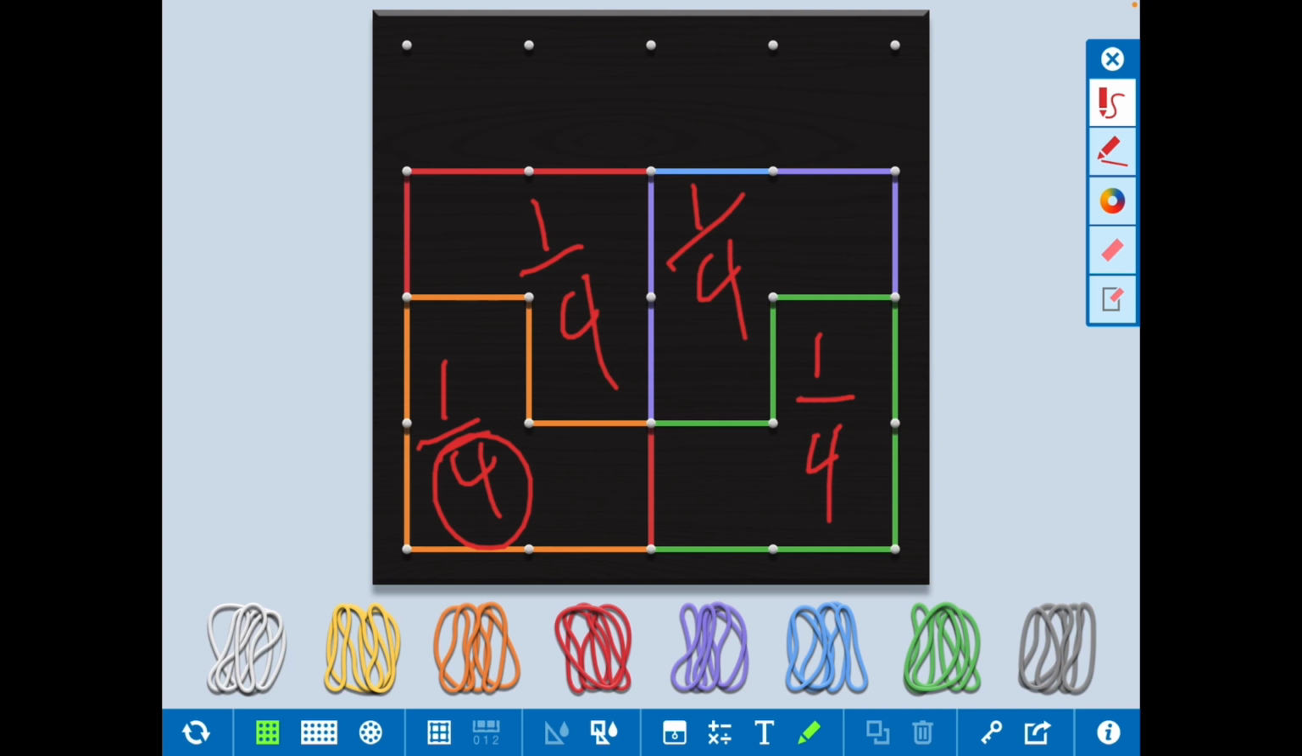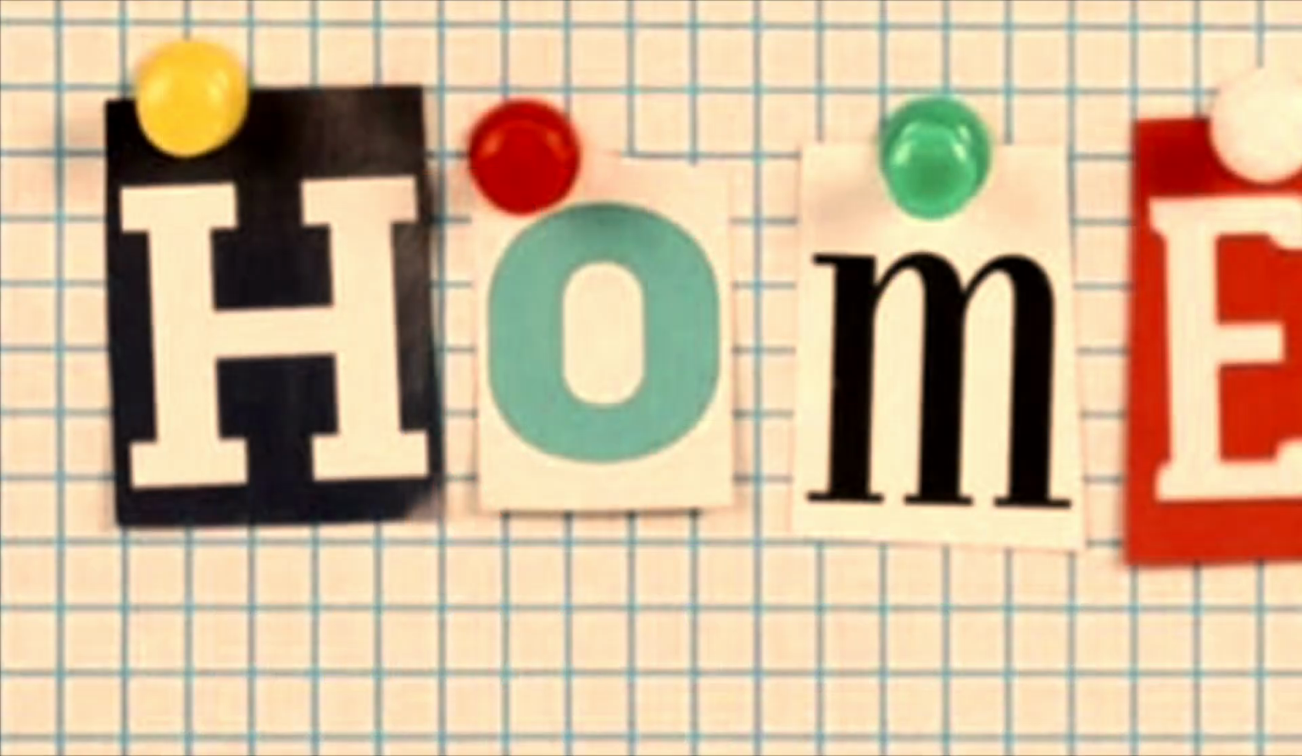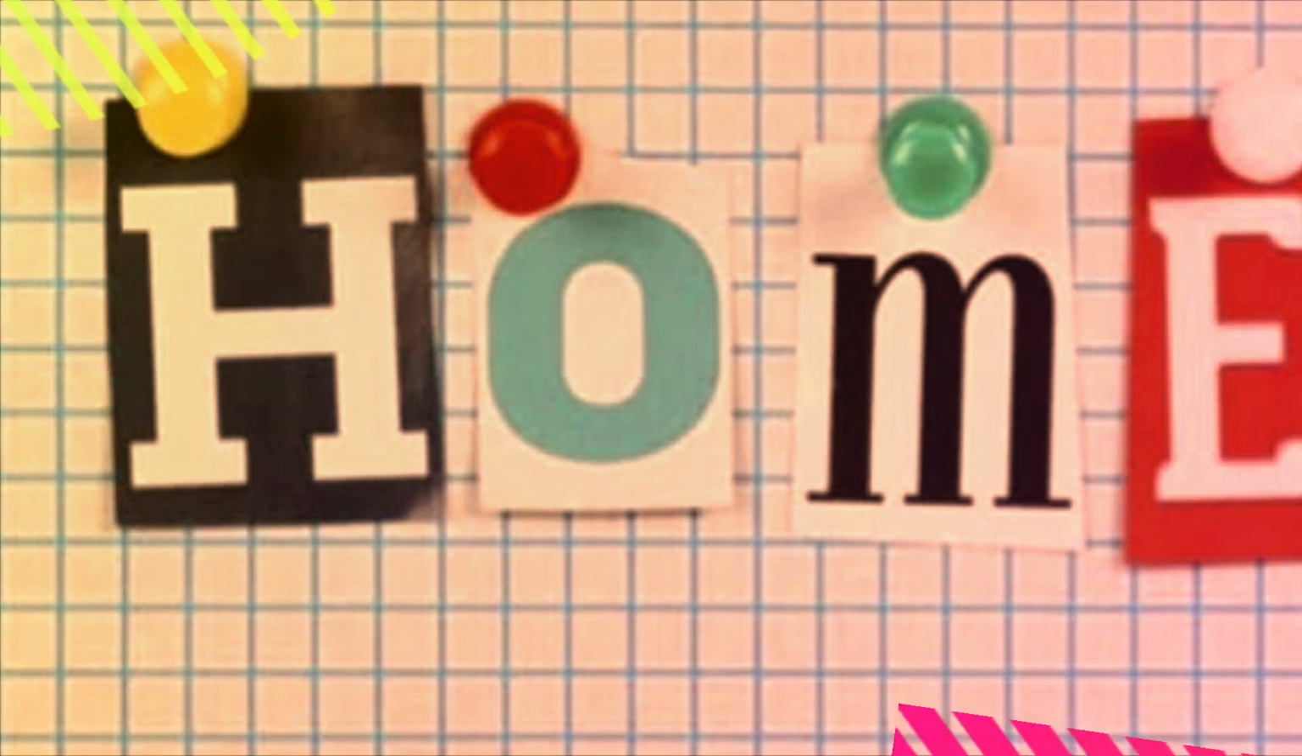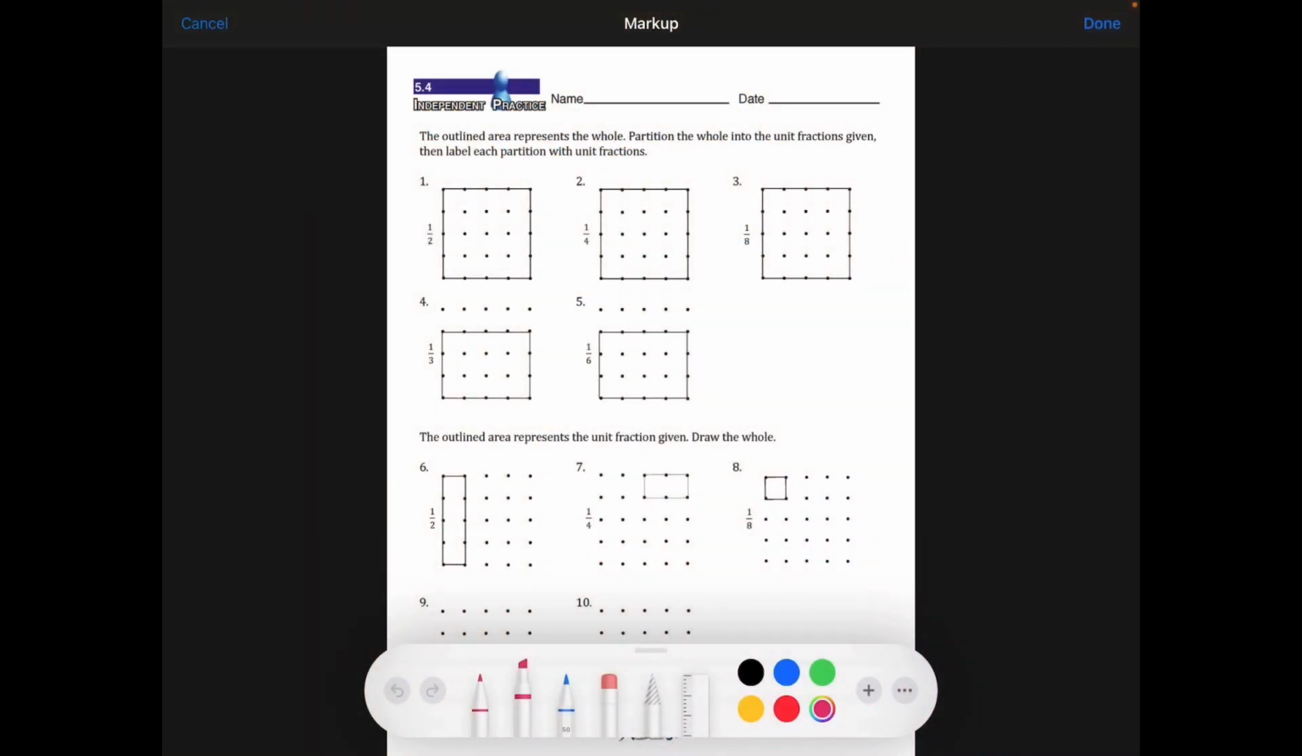Okay, I know it sounds kind of crazy, but we're going to go over to our homework, and I'm going to show you how you're going to do it before we hit submit. Anyway, meet you over at the homework. So here is our homework. Now, it looks similar to the Geoboard, but you're going to have to be drawing these fractions